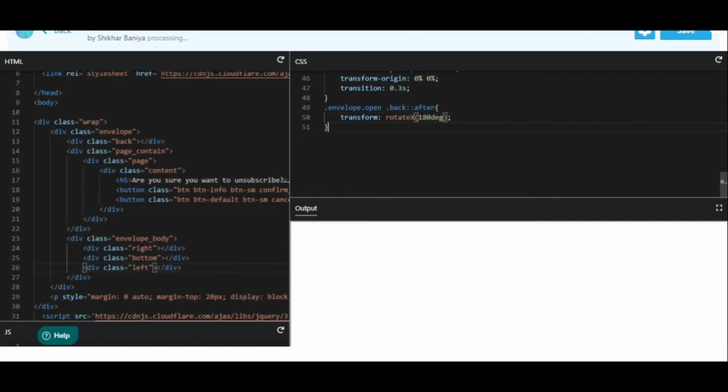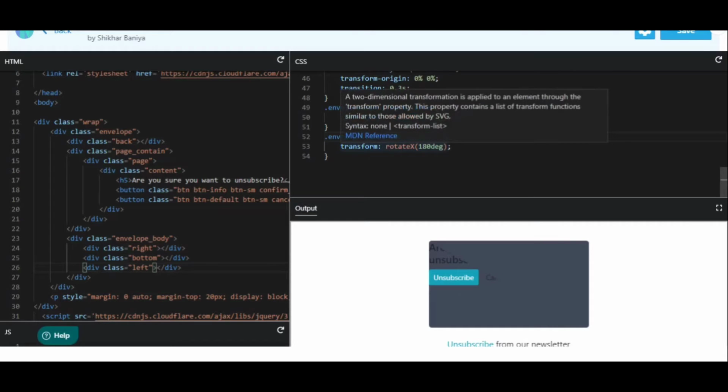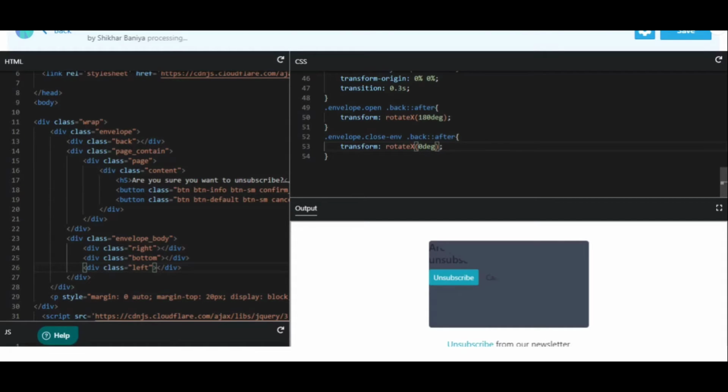Okay, and in the same way, when this will close, hyphen env close envelope, I want the back to change again. First it is open, that's why we have specified the 180 degree. Now it is closed. We have to set the default value, which is 0 degree, and we are going to